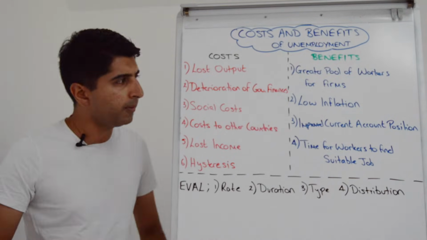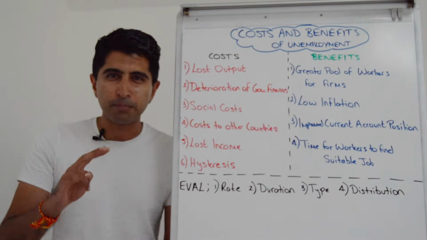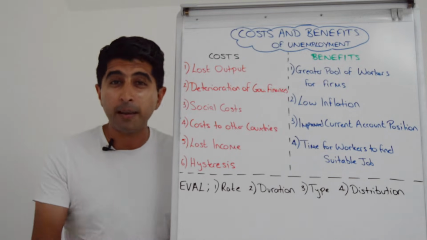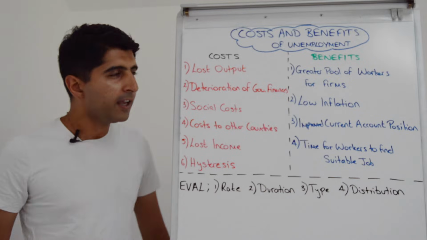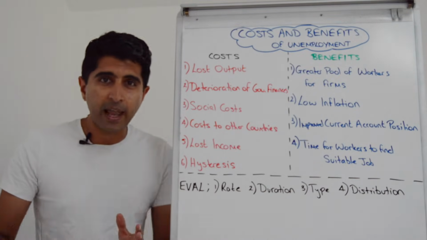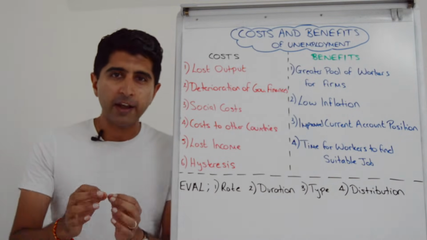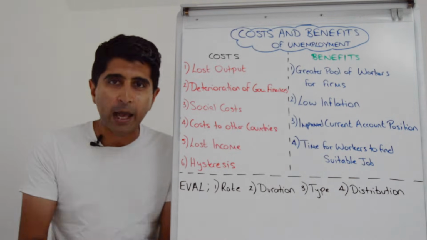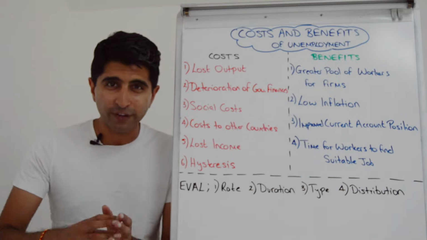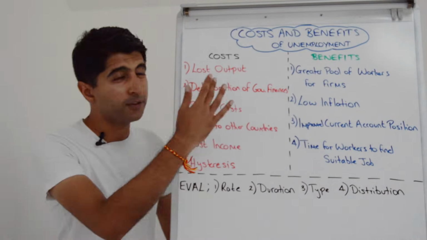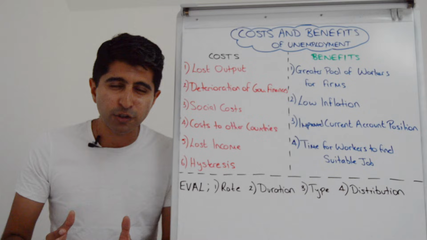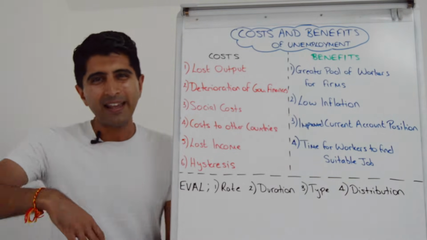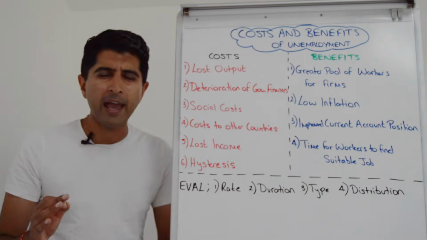So for example, with high unemployment, you tend to see more riots and protests on the streets, so more spending on police services and the military to deal with that. You see crime rates go up, more spending on police services to deal with that. You'll see more government spending on healthcare to deal with physical health and mental health issues that come with high rates of unemployment. Also, more government spending on judiciary services too. We've said how crime rates go up, so more spending on the courts and legal services to sentence those who have committed crimes. But also you tend to see more family breakdown, marital breakdown when unemployment goes up, hence more spending on judiciary services.